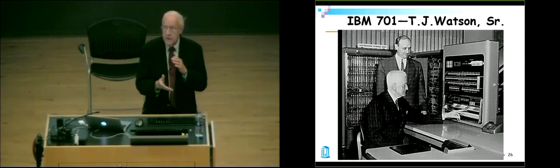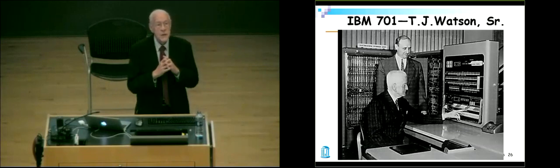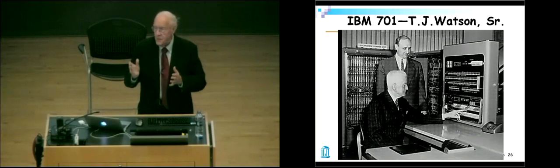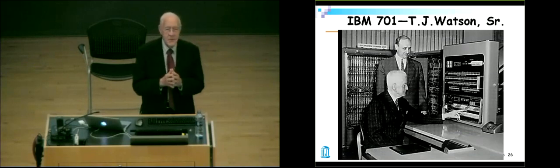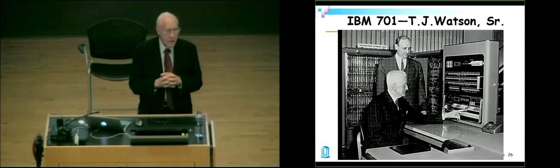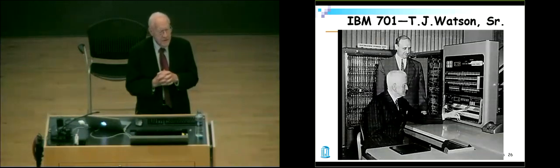Here's a picture of it. This is interesting because from the beginning, the IBM computers had to be made so they could fit through doors and in elevators. And so this one folded shut to do that. The machine Bill and I both used at North American Aviation in the summer of